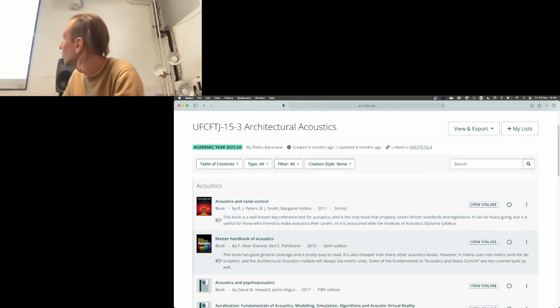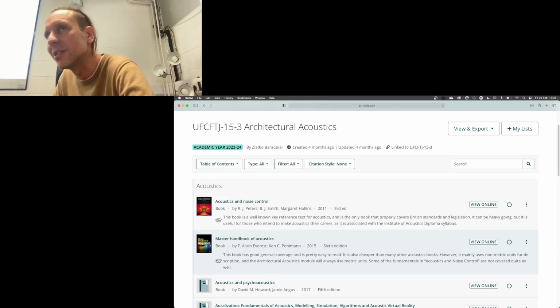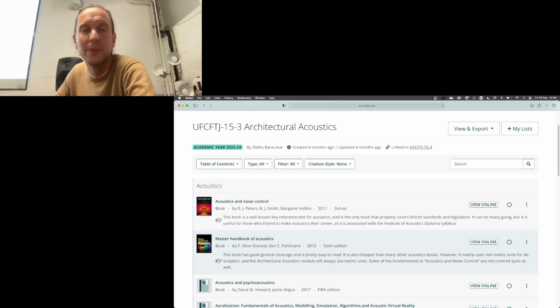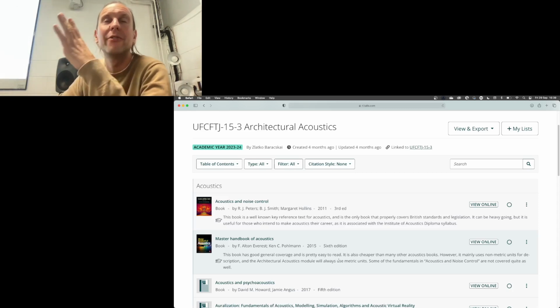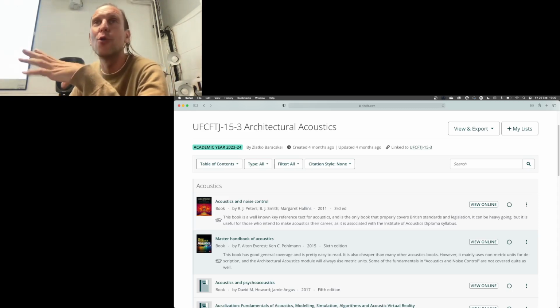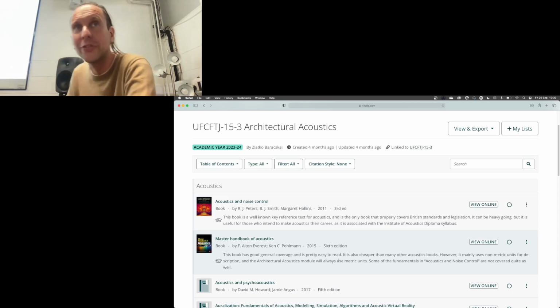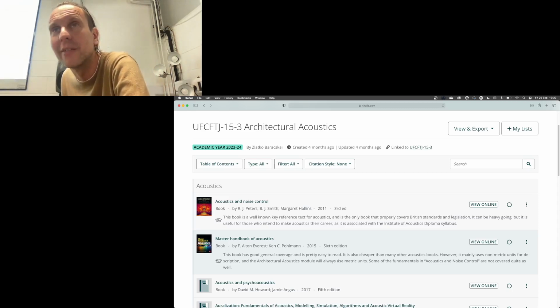Okay, back to the reading list. The first one, Acoustics and Noise Control, is a bit more engineering, and Master Handbook of Acoustics is a bit more sciencey, if that's a distinction. Have a look. Actually, what I normally do, I have in my office a printout of all the tables of contents of the books that I find quite important.